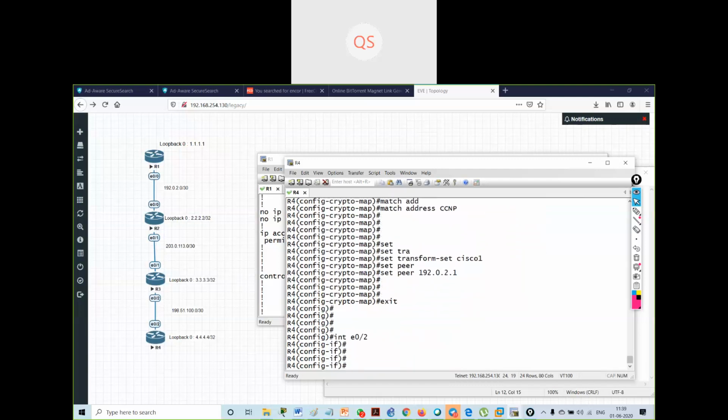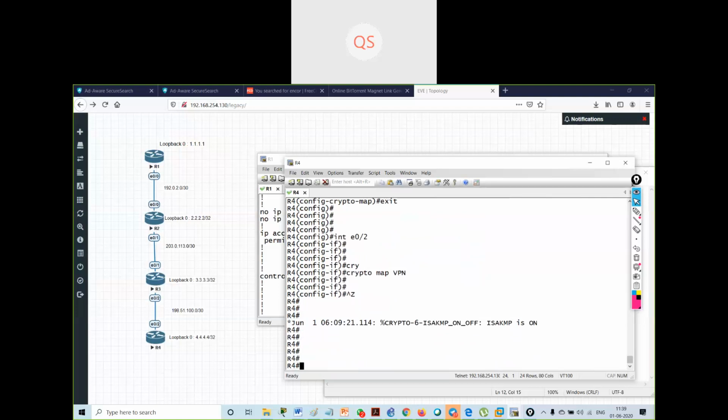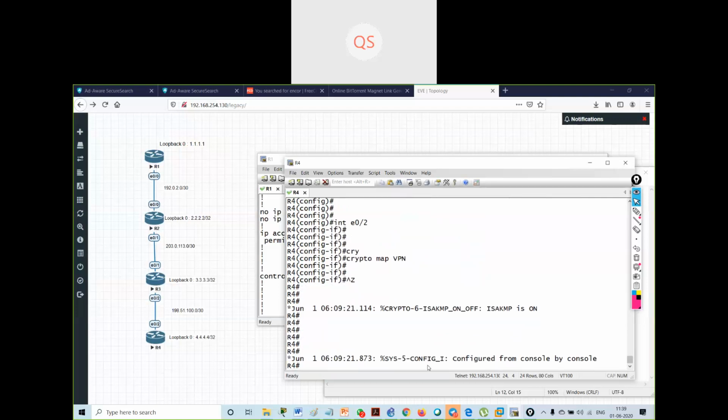I will say crypto map VPN. That's it. Now to verify, you can see what output I have got over here.